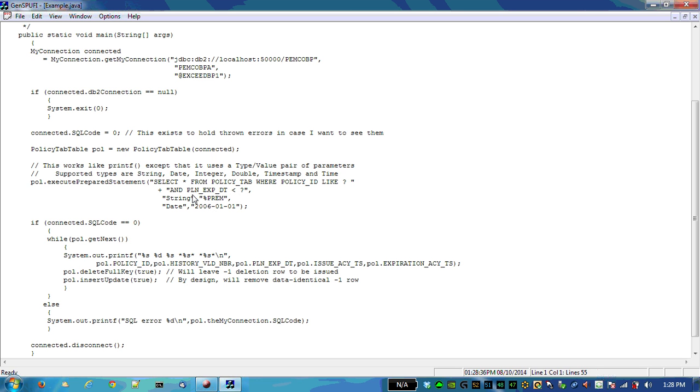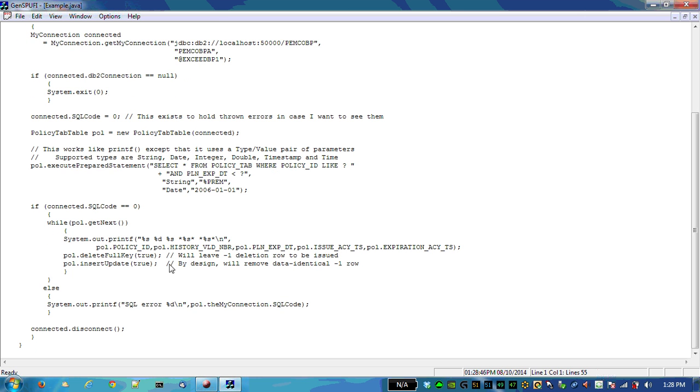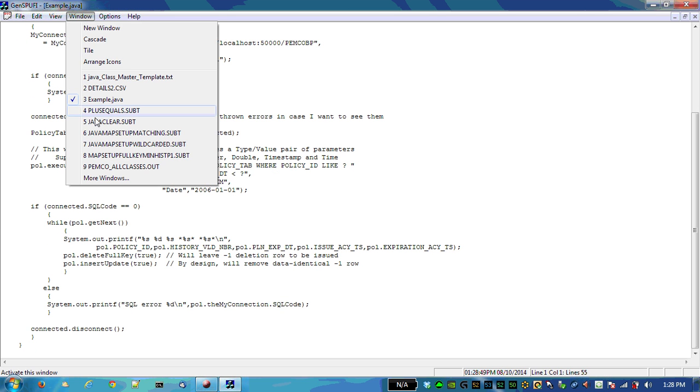You would basically be able to do the get next based on policy ID being filled in, and you would be able to pull in all the values that were related to that. A huge flaw is that this is all dynamic SQL,